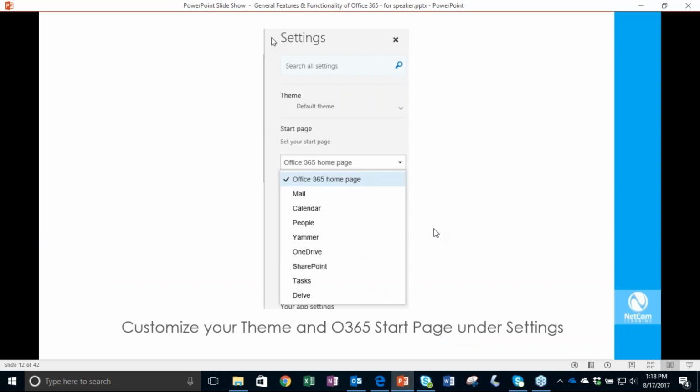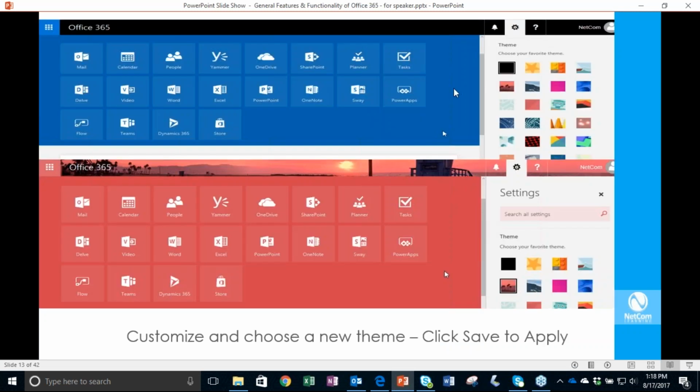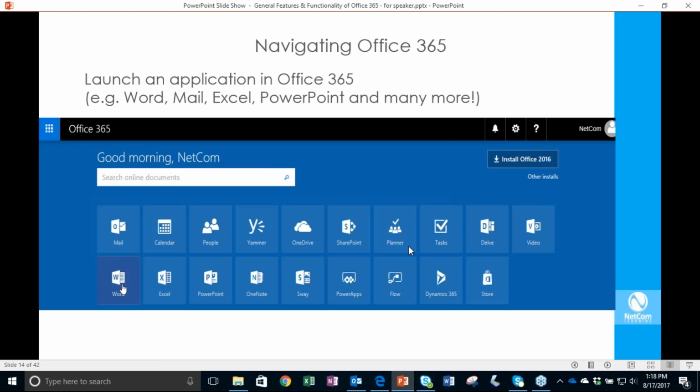Okay, and again, this is customizing your theme in Office 365. And again, you can go back, change it, and click Save to apply. You can change it as many times as you want to. Honestly, I'm a little conservative, so I like the typical Microsoft blue. Okay. What we can do, though, when we come into Office 365, as I told you before, let's